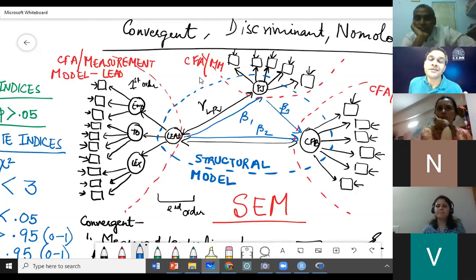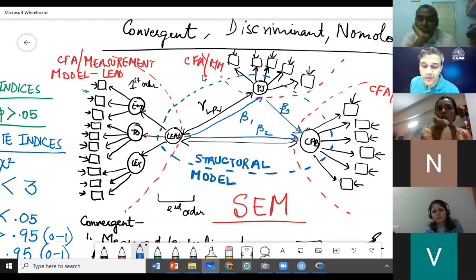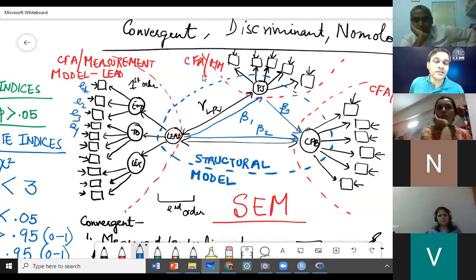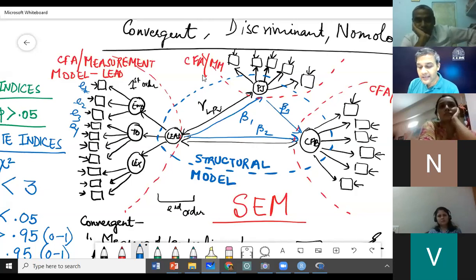All the errors. Is anybody determining errors? You see these arrows, they are floating. That means they are coming from somewhere, but nobody is determining this arrow, correct? So all these errors, E1, E2, E3, and so on, they are exogenous, and the only construct that is exogenous is lead.